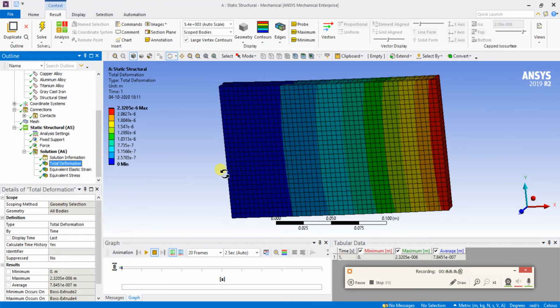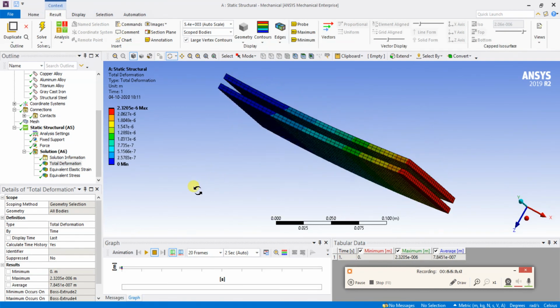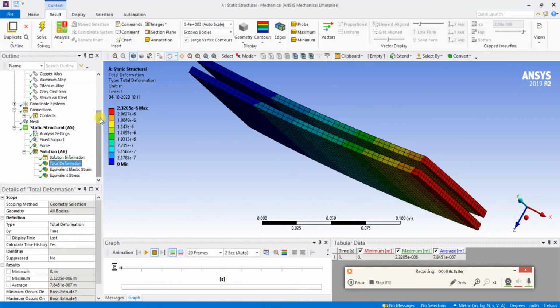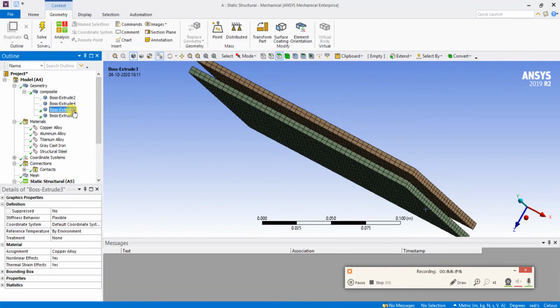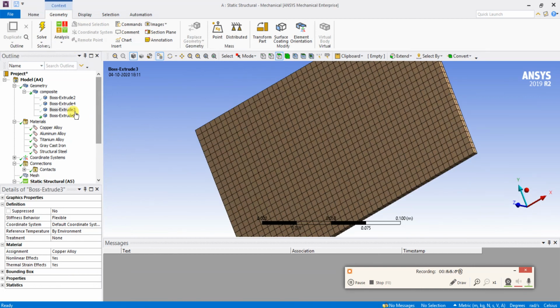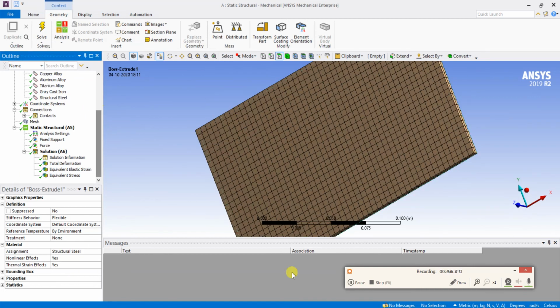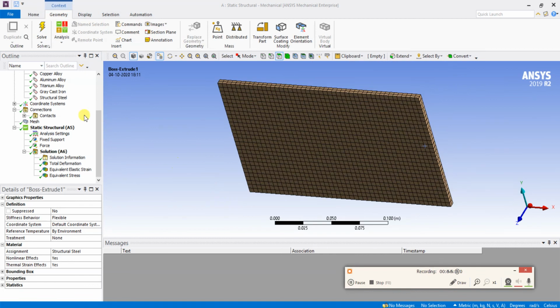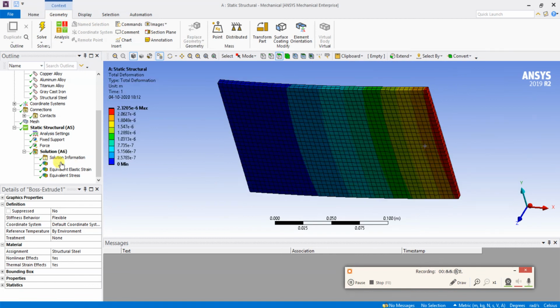Okay, I am hiding, and I'll be showing only one plate. For this plate 1, for this particular plate alone, we can see the deformation result.